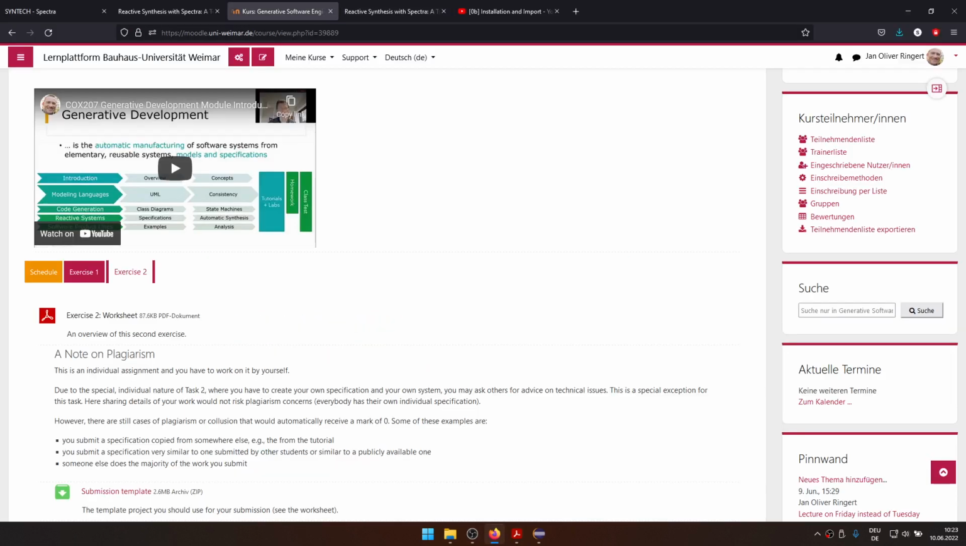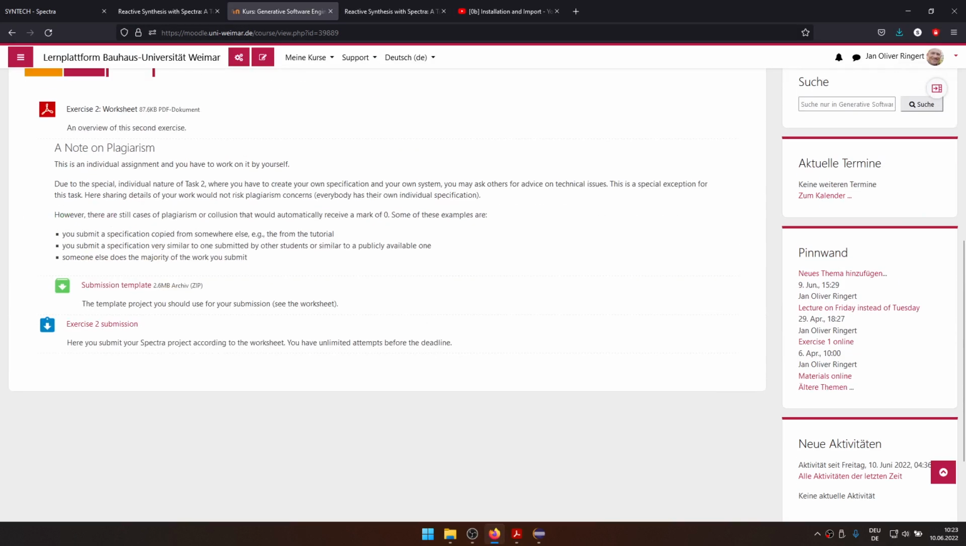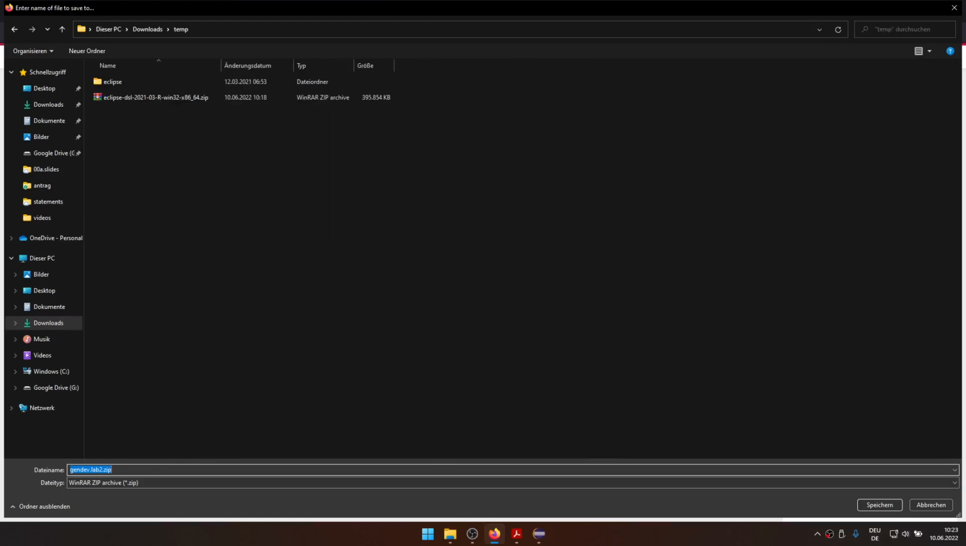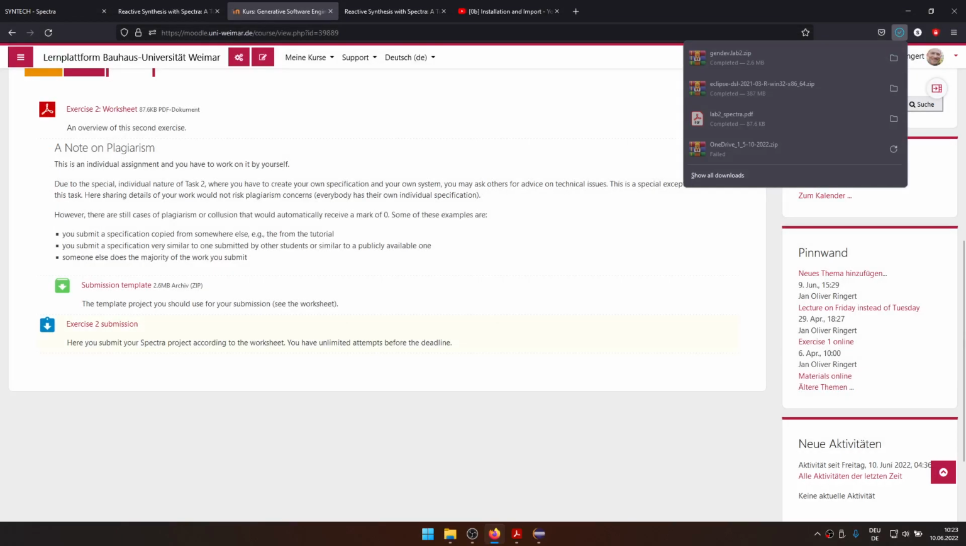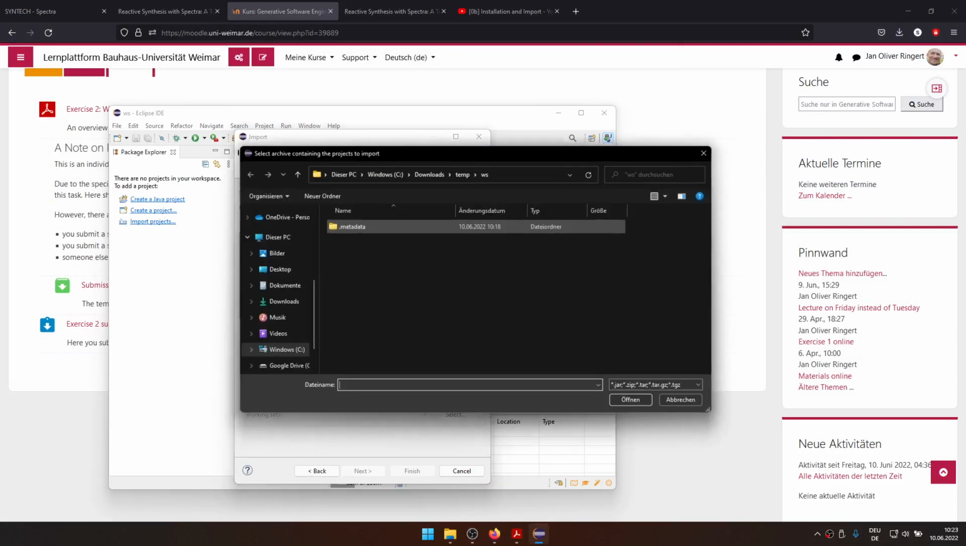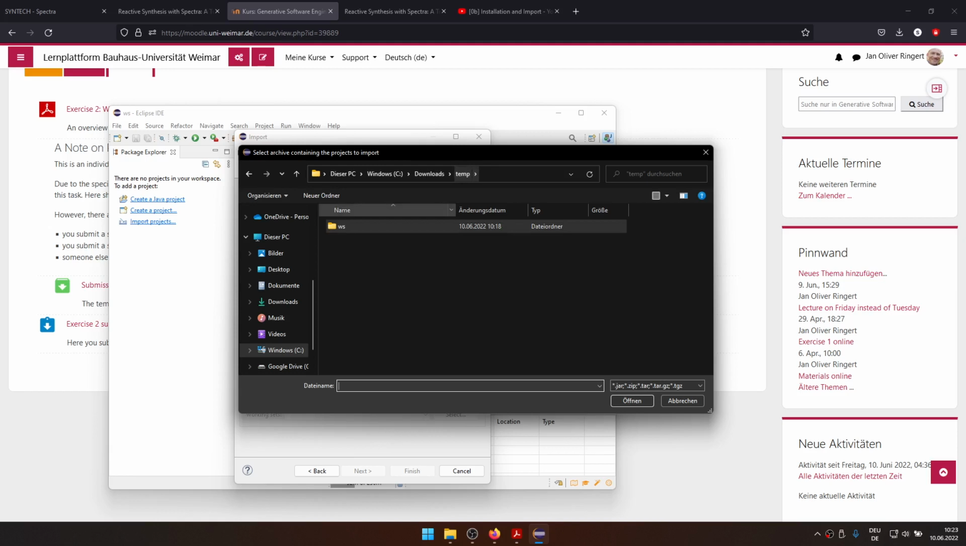This template project is this one, the submission template. Now just slightly larger because it has some library already inside. So let's import this as a project. Existing project into workspace. That's what we want to do from an archive file. And the archive file is